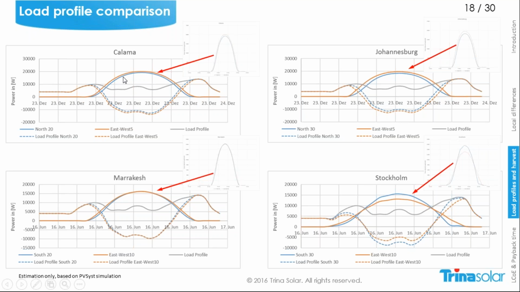As always, the blue one for the single orientation and the orange one for the east-west, the two orientations, and you can see slight differences in when the energy will be produced, and what does it mean for your consumption from the grid, which you can see here with the dotted lines,